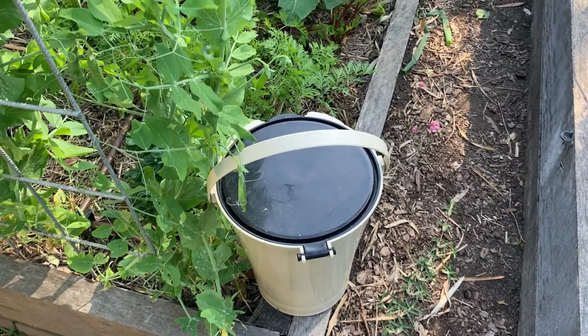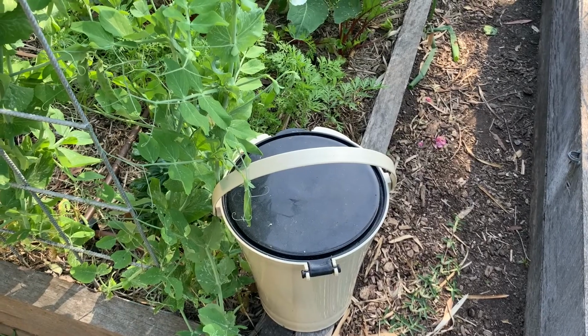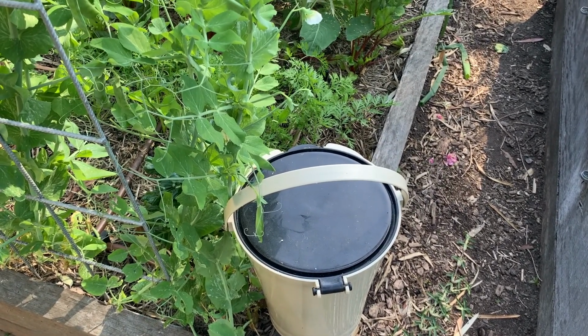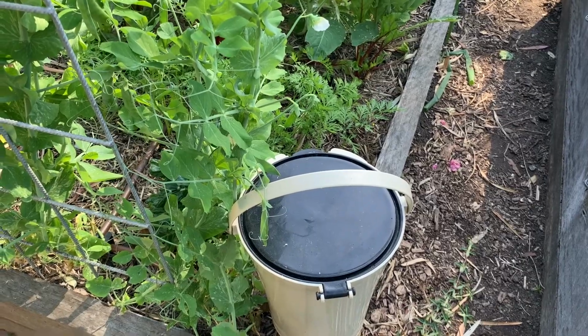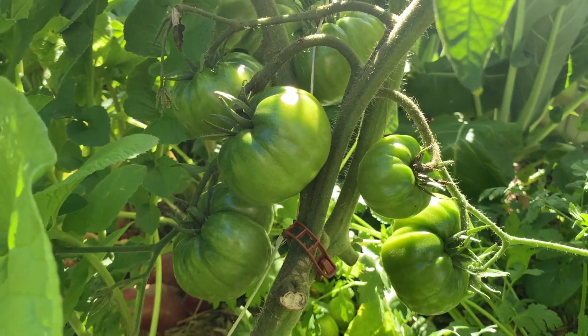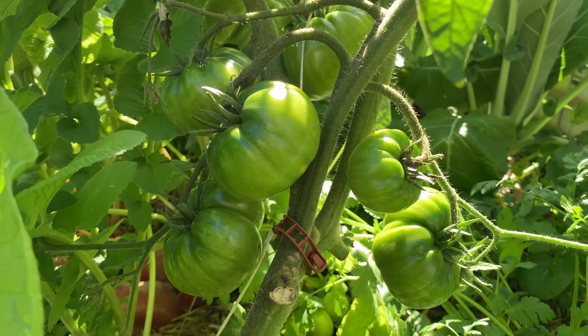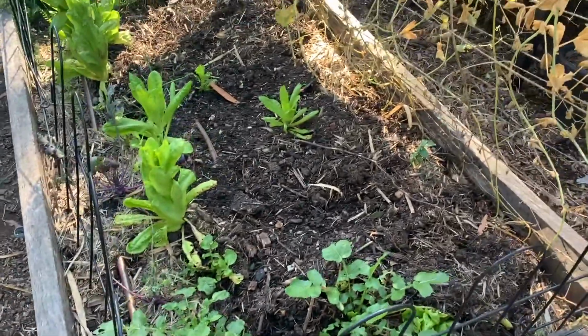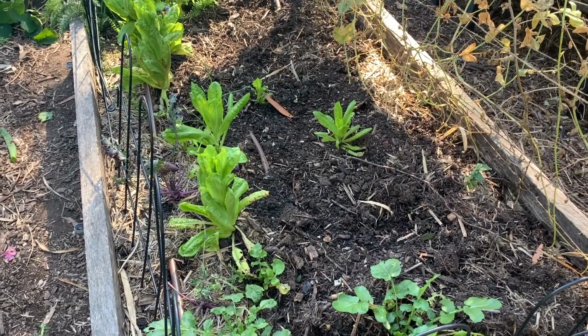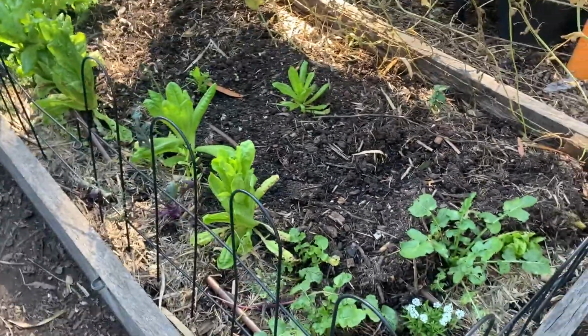So the garden out the front, it was empty for a while, and it was the main place that I was burying all my bokashi, and it is going nuts right now. So the tomatoes are just loving it. So I'm going to do the same here. I've already done a couple, basically wherever I have a spare space. If I haven't planted out and I've got a bokashi bin full, I will dig a hole and bury it